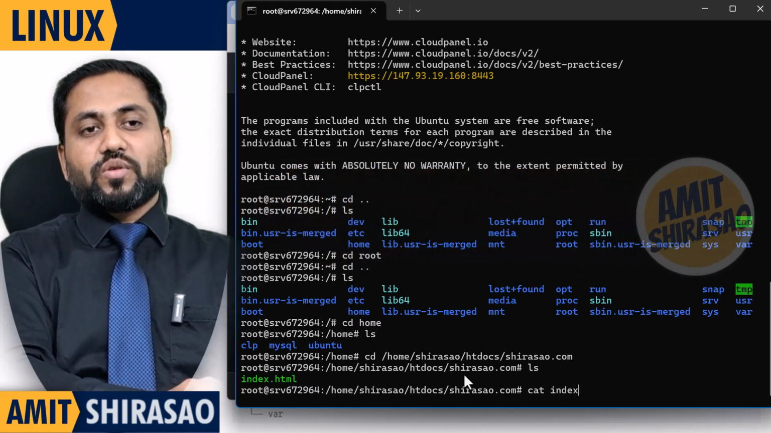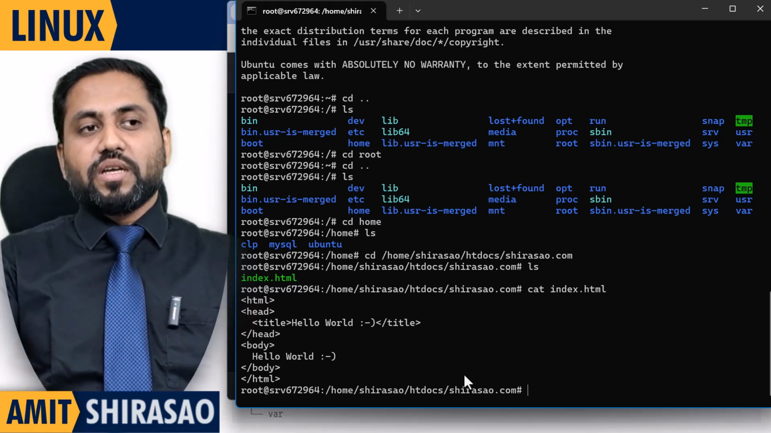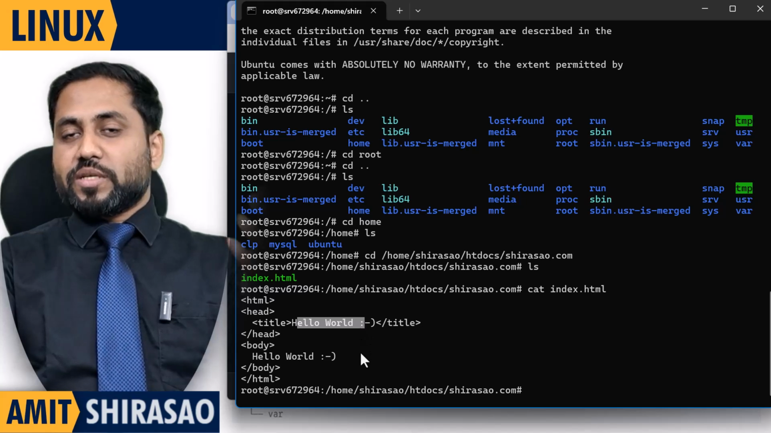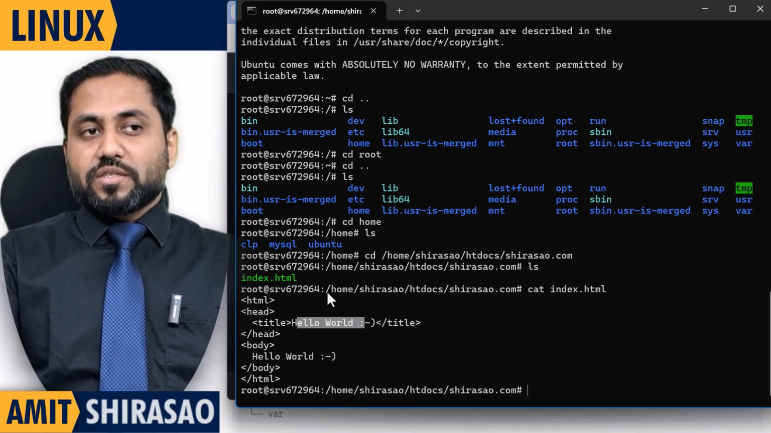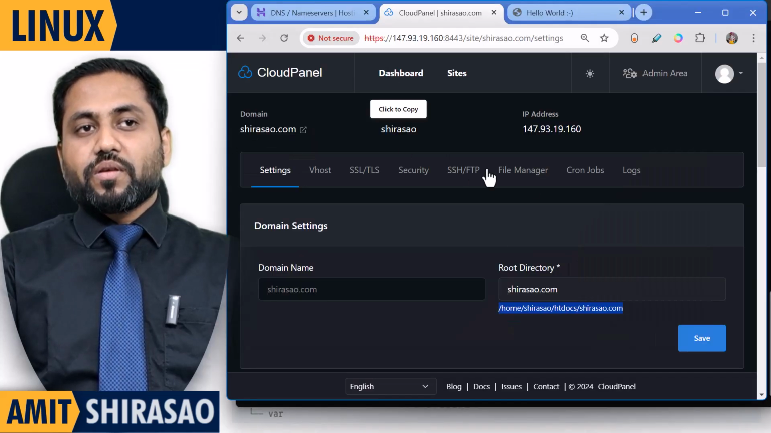So cat index.html, this is the content of that file. It has a body and this title, and that is exactly what I'm seeing. Got the idea? Now if you want to see this on the graphical user interface, then you go to file